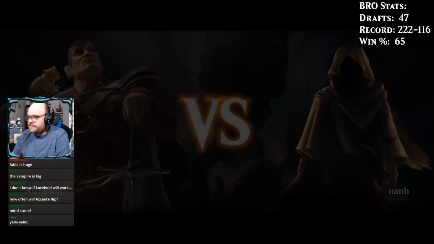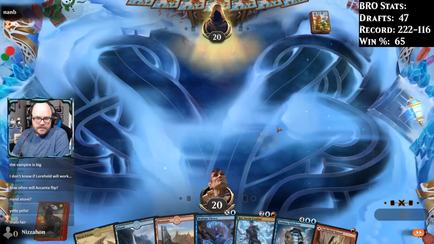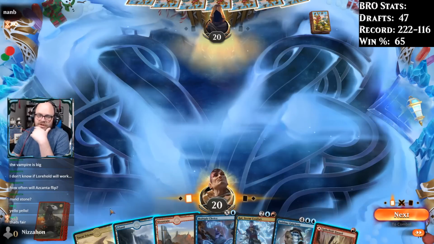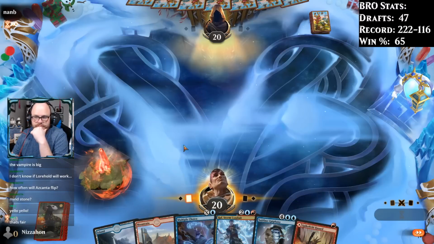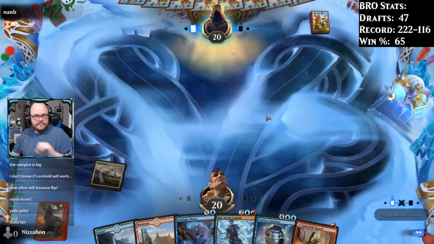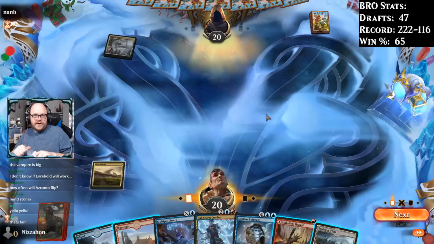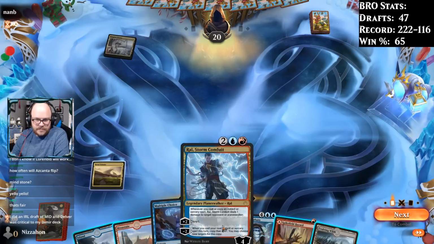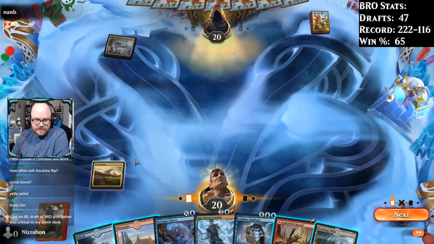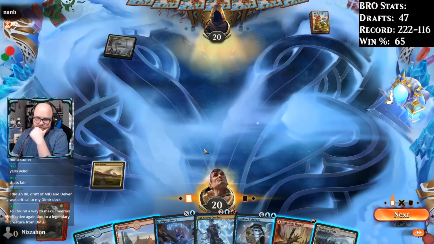Pretty good. I mean, more cheap spells early would be good. But other than that... Alright, so it looks like our opponent's on shenanigans as well, probably. Yeah, sometimes in Midnight Hunt there were Delver decks. Didn't always see them, but...